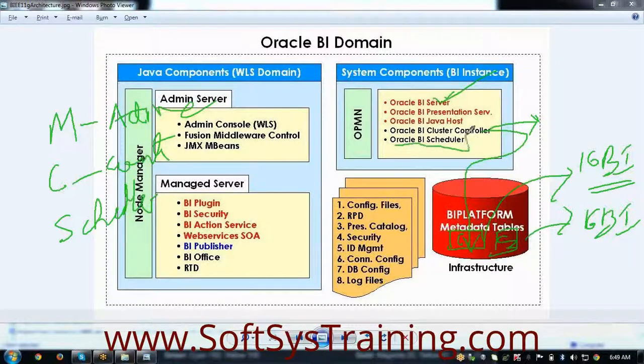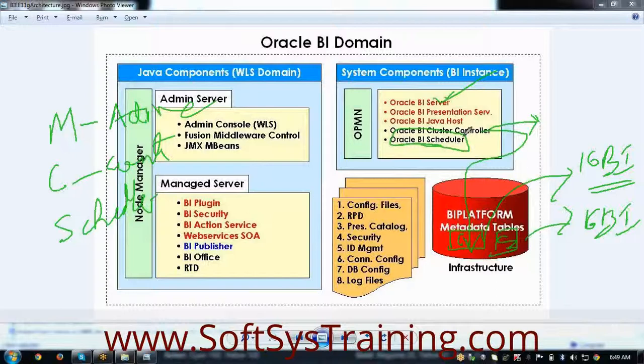Then you have the Oracle BI Scheduler server. So what is this scheduler server? The name itself is telling you that it is used to schedule. Schedule what? Schedule different jobs to run, and schedule different reports to be delivered to the client at a specific time interval and time zone. Most of the time the Oracle BI Scheduler is used to schedule reports and also jobs.